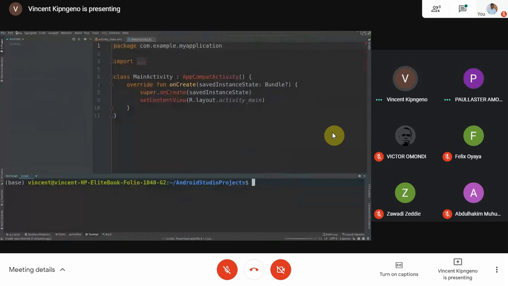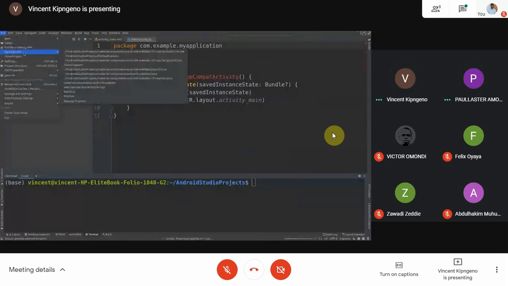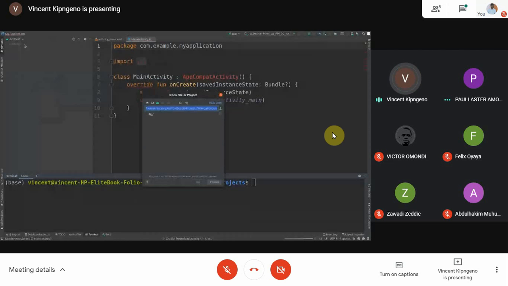So let me now launch the application. I'm going to access it from, in this case, you must know the folder where you downloaded the application, or where you extracted your application. In my case, I had extracted it to